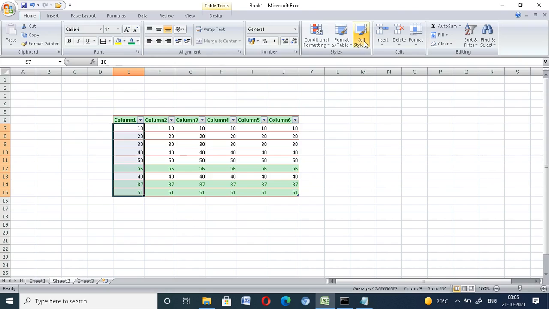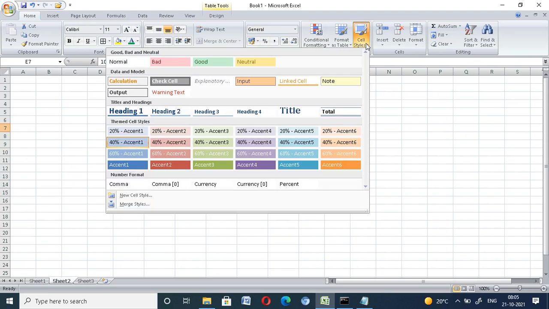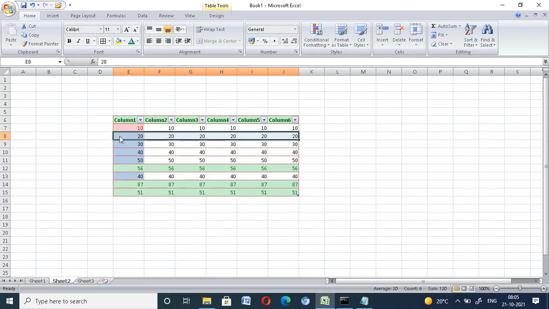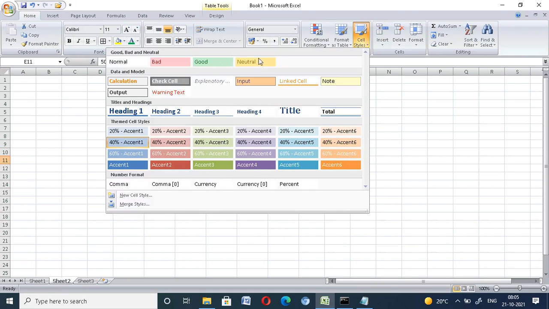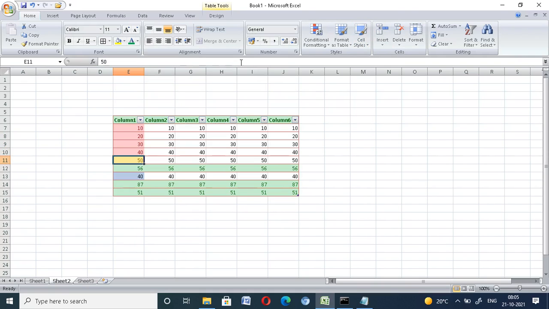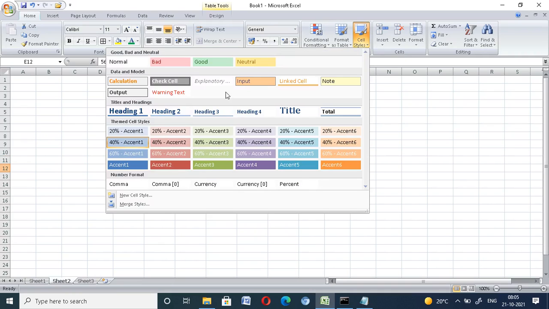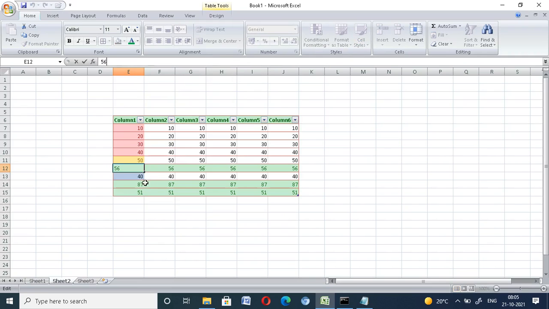If you want good, or bad: if there is a number up to 40, you have to choose bad. For 50 you will choose neutral, and 56 should be good. 87 is also good.